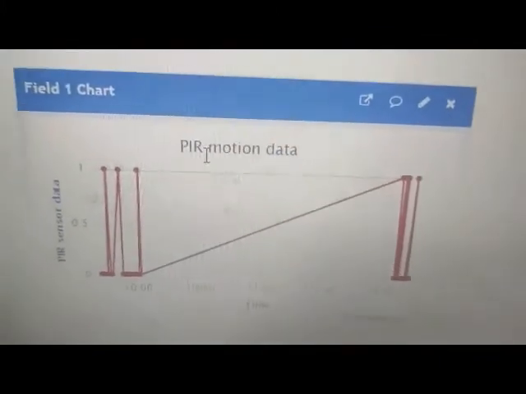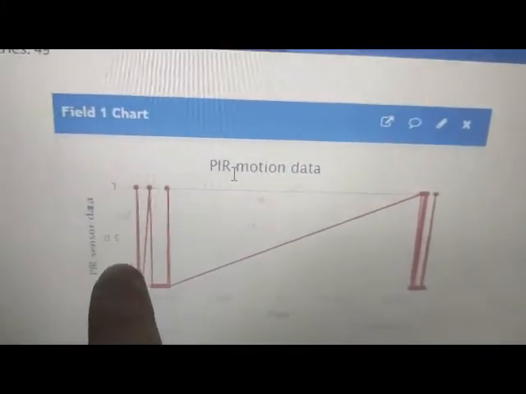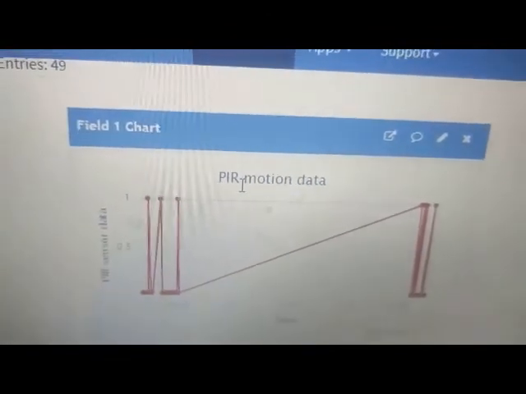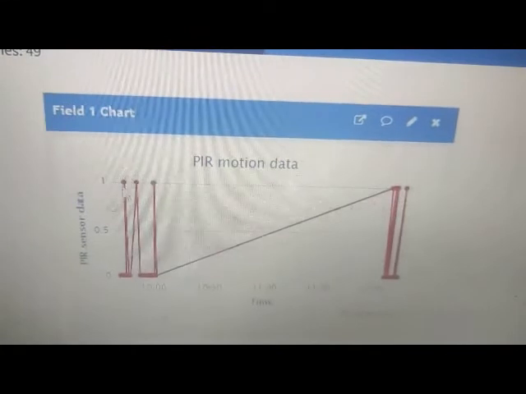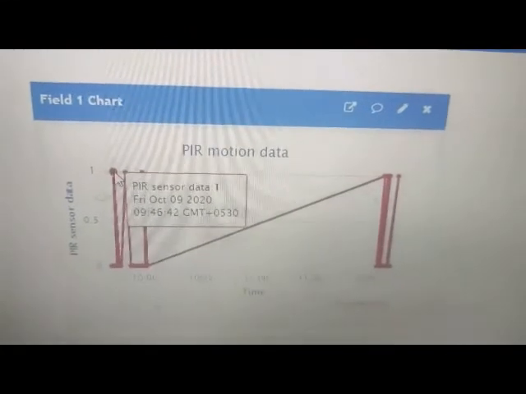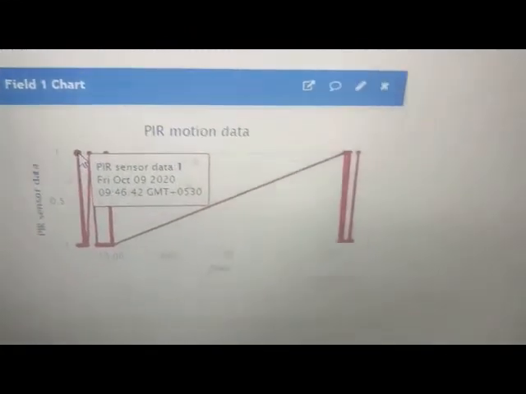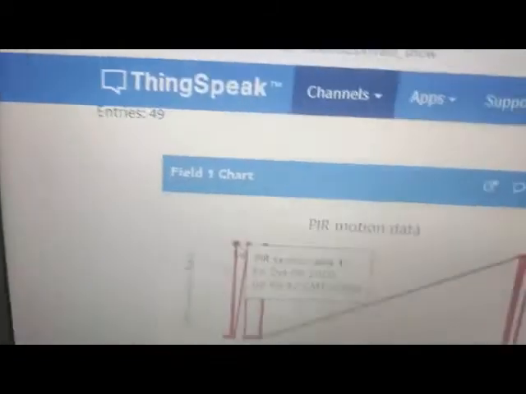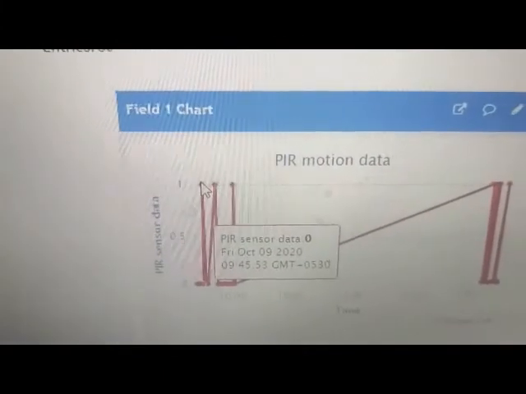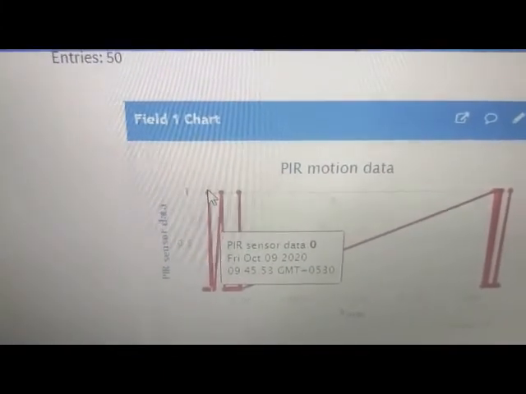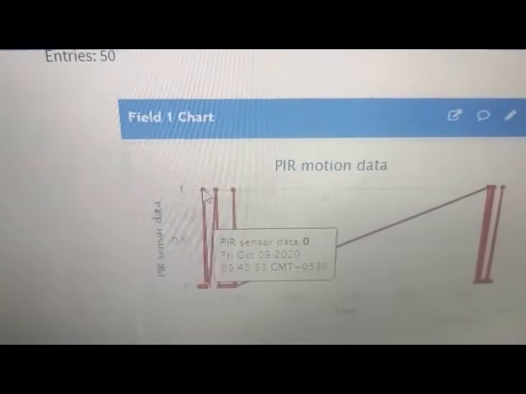Whenever there is any detection of motion, we find the PIR value to be 1. We can click on this. You can see today's date is 9th October, and around 9:45 am there was detection of motion.